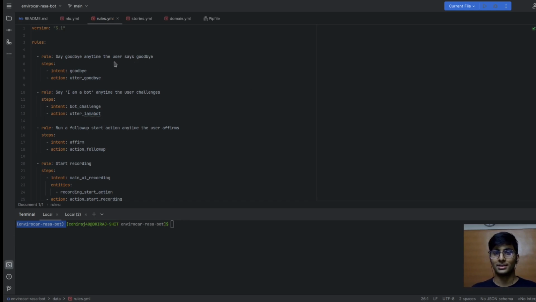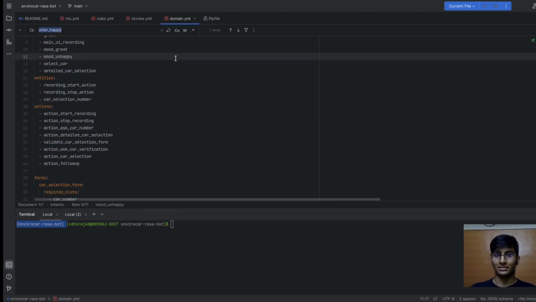And that is what you can see. If someone says goodbye, anytime the user says goodbye, which is a rule name. The step is: if goodbye intent is detected, you have to say action utter goodbye. Now you must be wondering what utter goodbye is. Let's see. I'll go to a different file, domain.yml, where